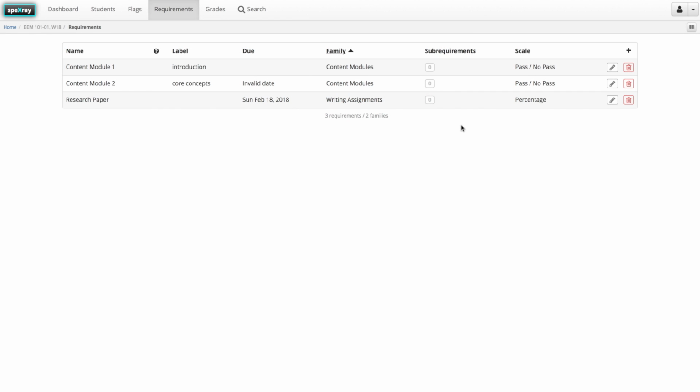In addition to creating requirements, it's possible to add one level of sub-requirements to each of your top-level requirements. This, for example, is how I track the requirements that are part of each individual content module. To add specific requirements to Content Module 1, I'm going to click on its name to go to its requirements